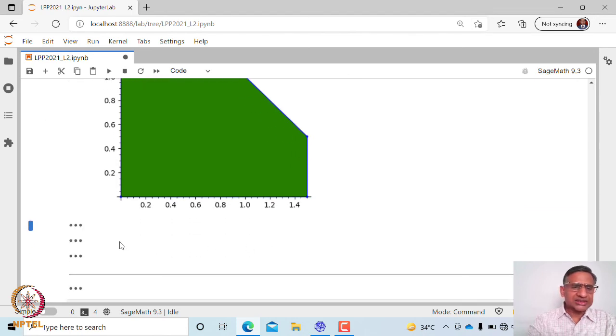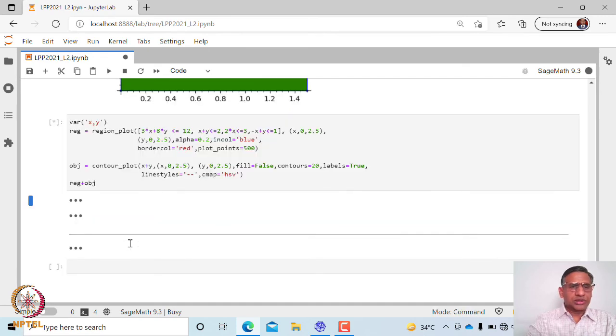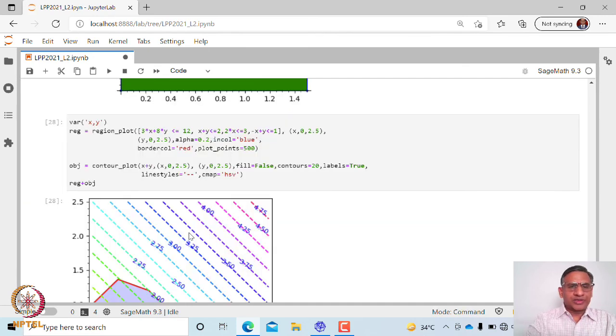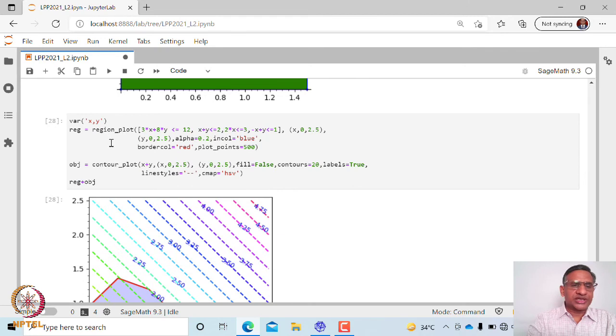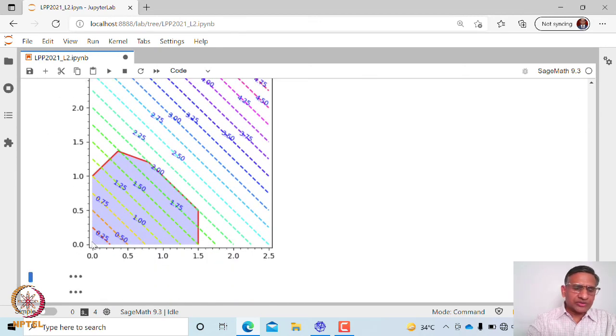Now in this case, if you look at this region and the contours of this objective function, what do you see? When we go away from the origin, the value of the objective function here is 0.25, here is 0.5, 0.75 and so on, and at this point it has value 2, which is the maximum value in this case.